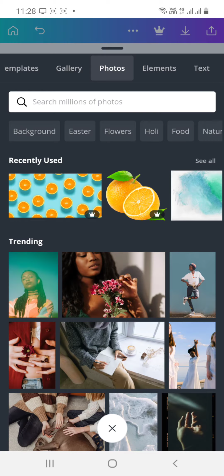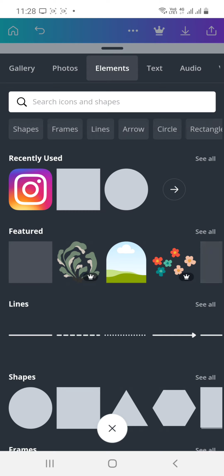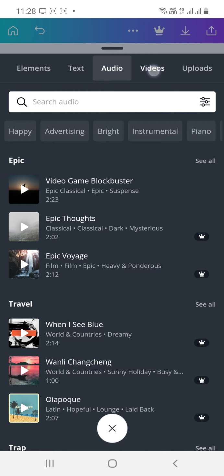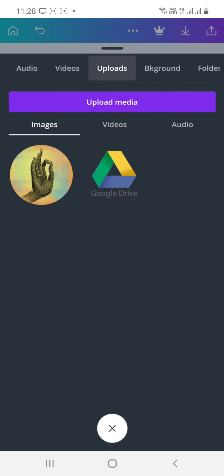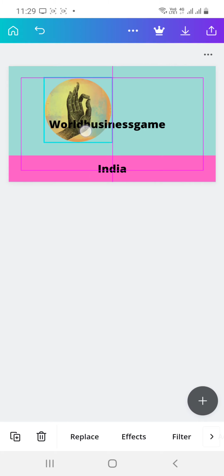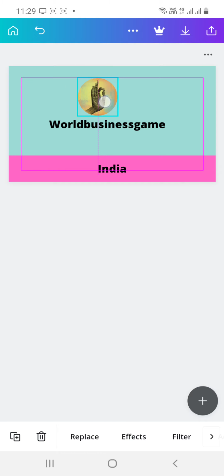In Canva there are a few sites that have collaborated and show you their photographs and everything. Now we'll see on our mobile, I suppose this logo I have created. Okay, and I have a PNG file over here. I'll just drag it over there and center it.